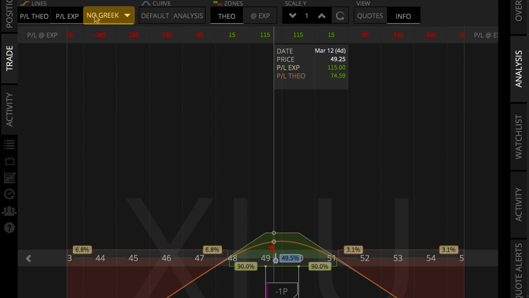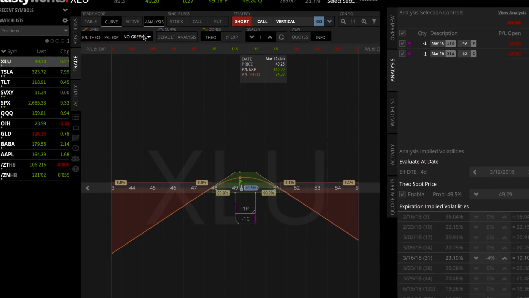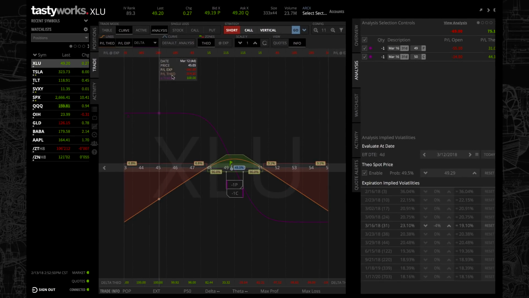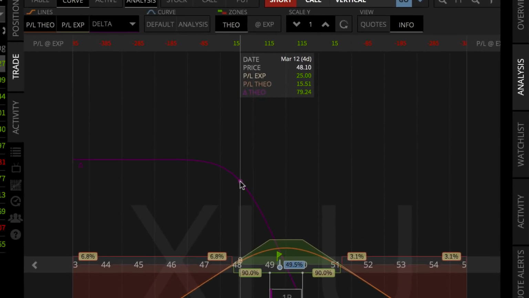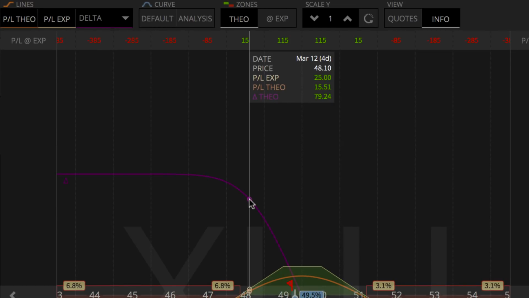And just to the right, you'll see that right now we're not viewing any changes in the position's Greek values. But let's say we want to get a sense of how our delta might change as the ETF moves lower or higher in price. Because if that were to occur, maybe we need to do some sort of management. And this is really helpful because if we view the change in delta, we can get a sense of at what strike we're going to want to start to step in